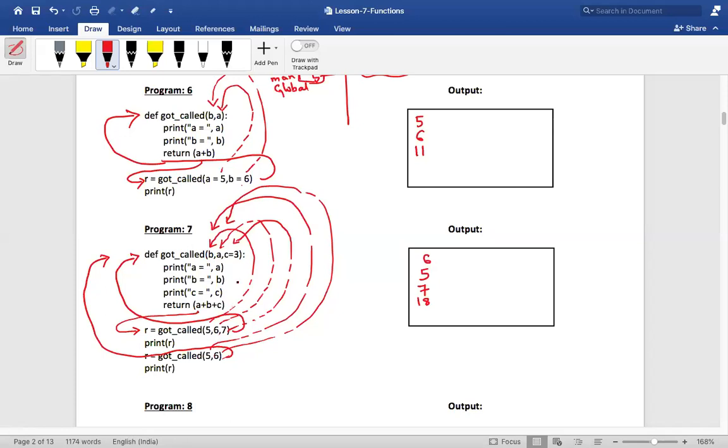You'll get an error. C is there, but here C is equal to 3 is not there, and only 5 and 6 are given. You'll get an error. It will not take a default value of 0.